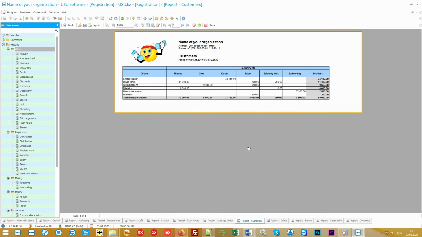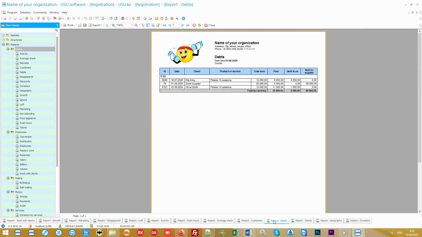But in any mass of ordinary customers, there are those who stand out from the crowd, who are willing to spend more, but also require increased attention to themselves. You can easily identify these most promising customers by creating a rating report. At the top of the rating will be those who spend the most money on you, and the lower the rating, the less interested the customers are. In addition to everything, you will be able, if necessary, create a register of debtors.